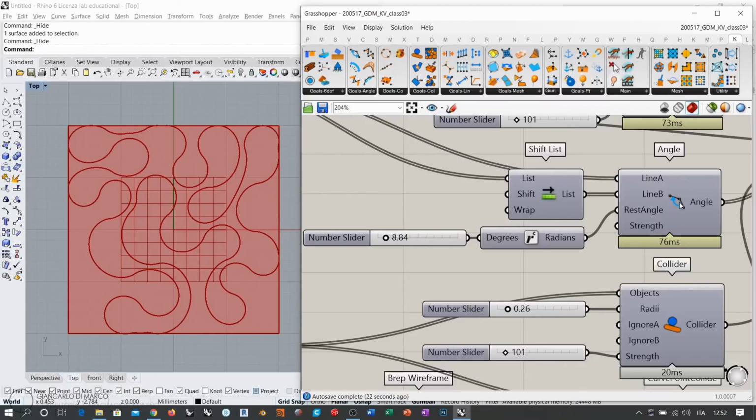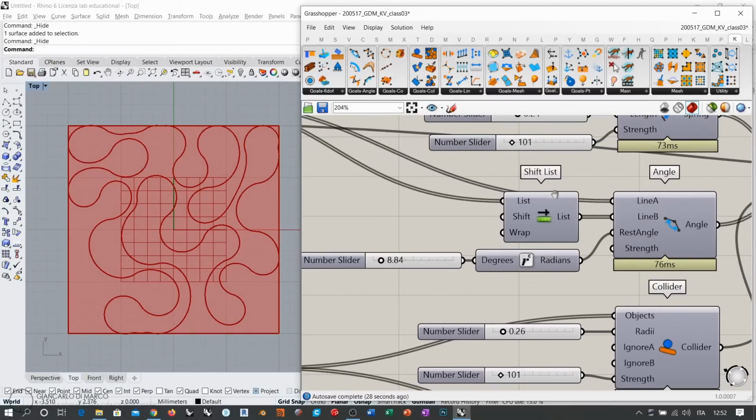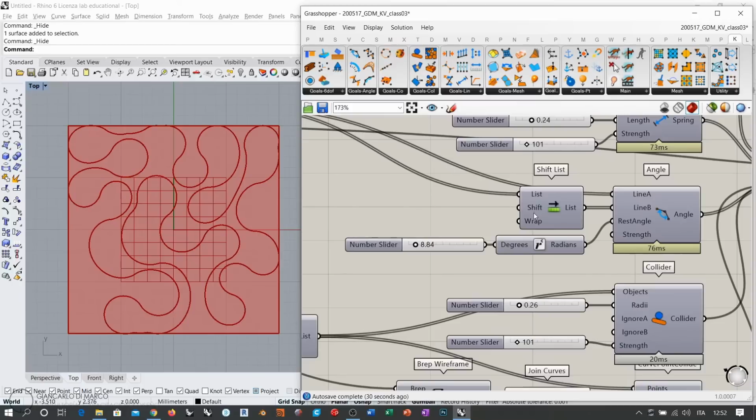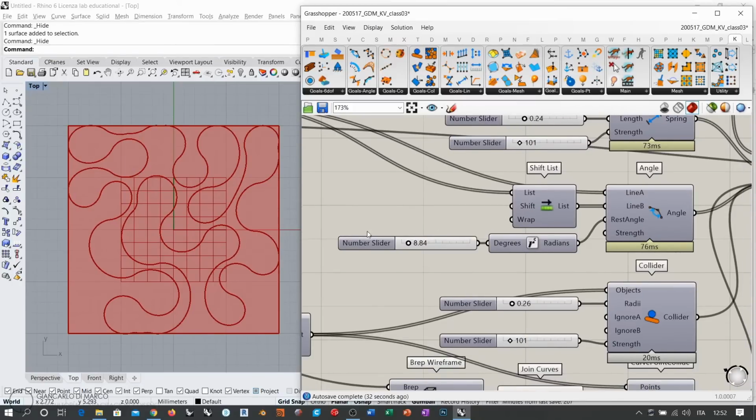Now, why don't you have pure angles? Because the strength of this angle is set to 1. So it's nothing if compared to the other goals. Okay? And yet you see that there is this kind of deformation. Now, if I increase this value,